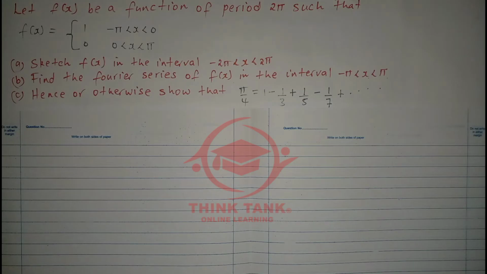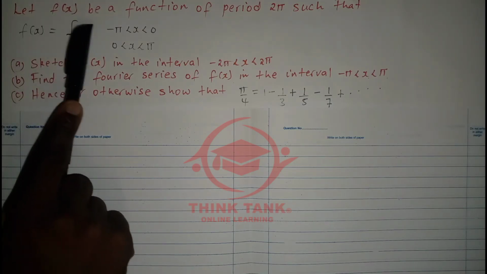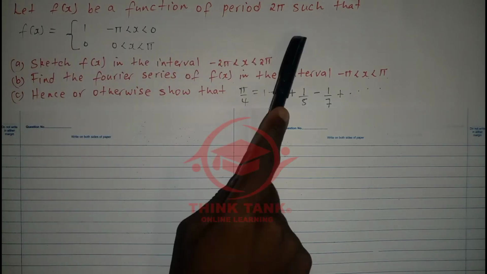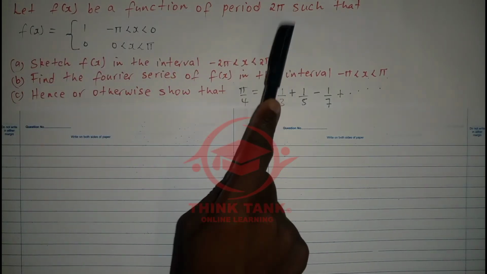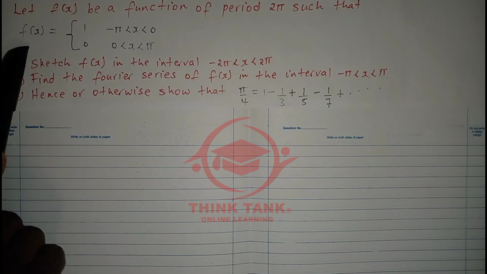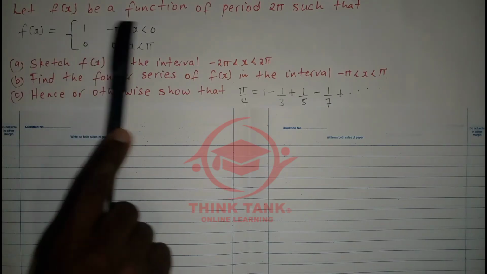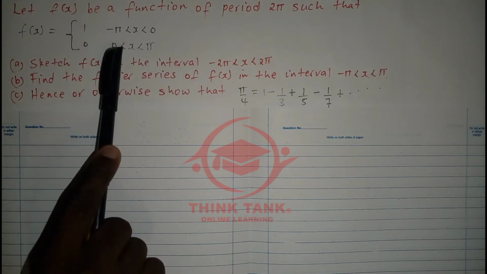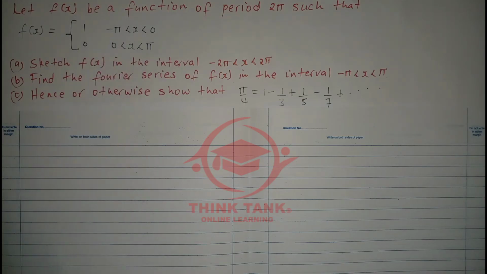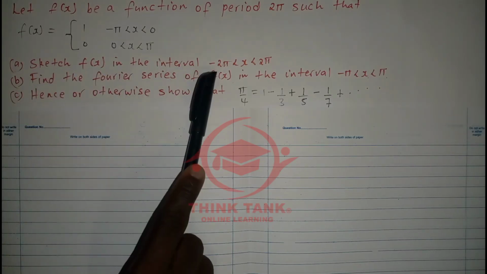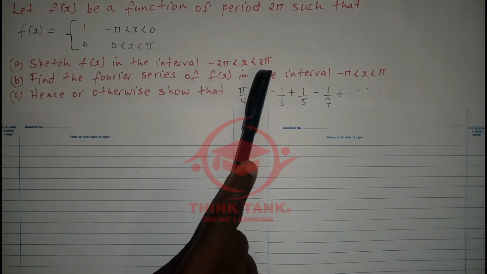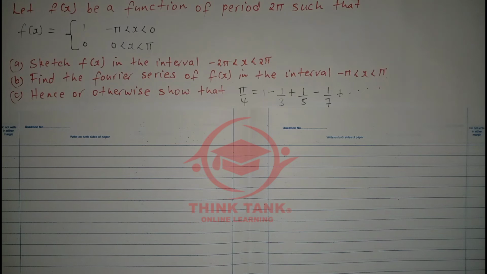Without wasting your time, let's look at this function. Let f of x be a function of period 2 pi, so it's a periodic function of 2 pi. Now f of x is piecewise: 1 from negative pi to 0 and 0 from 0 to pi. The first question is to sketch f of x in the interval from negative 2 pi to 2 pi. For this one, I'm going to take our ruler